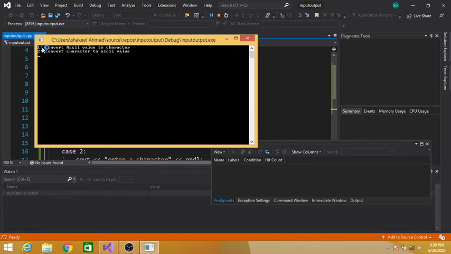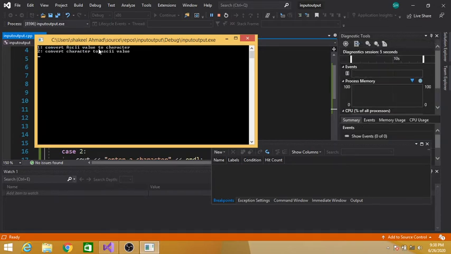So option 1, convert ASCII value to a character, and 2, convert character to ASCII value. Suppose we want to convert ASCII value to character, 1. Now we have to enter the required number which we have to convert into a character.